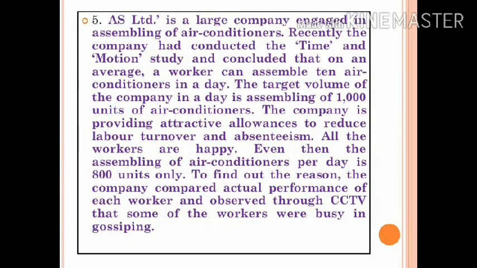Go through the case. Even while going through the case, you can identify a few words that are written: actual performance. Clear? And what else? You can come to know that it is a question from the controlling chapter.